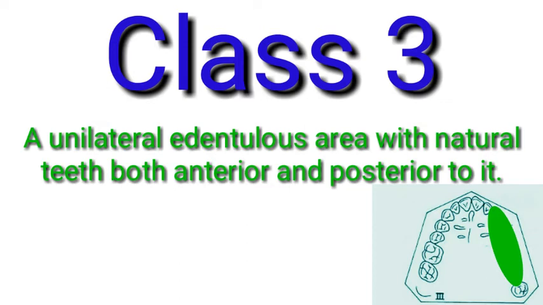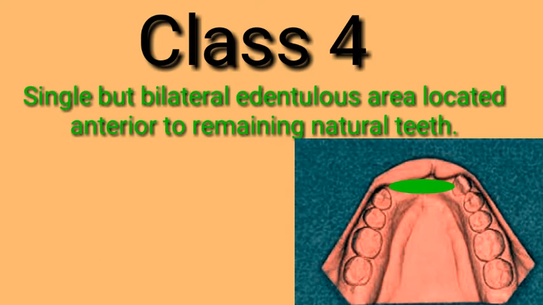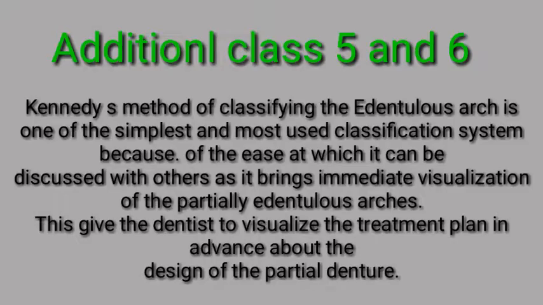Class 3. A unilateral edentulous area with natural teeth both anterior and posterior to it. Viewers, in this picture you can see the natural teeth both anterior and posterior to it. Class 4. Single but bilateral edentulous area located anterior to remaining natural teeth. Viewers, in this picture you can see the single but bilateral edentulous area located on the anterior side. Viewers, in this video lecture we will learn about two more classes of Kennedy's classification, additional class